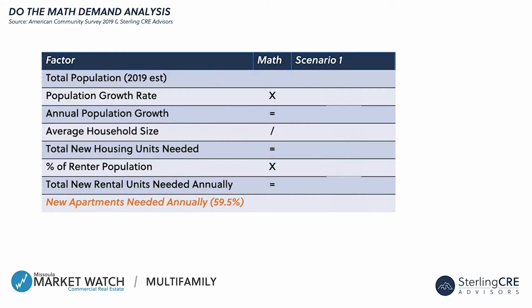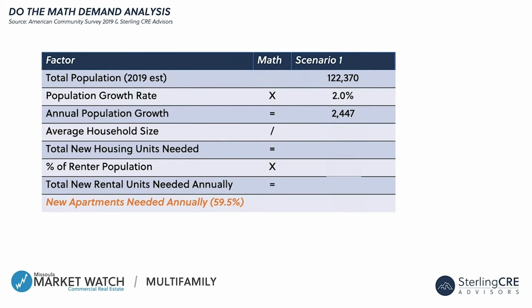So, again, where does this go? I know that doing complex math problems in public is generally not recommended, but here we go anyway. This will give you an idea of how many units Missoula County would support if the growth rate stayed the same. So it's a 2% growth rate last year. If 2% was this year, what would that look like? So population's about 122,370. You have a 2% population growth rate. That means that you'll have